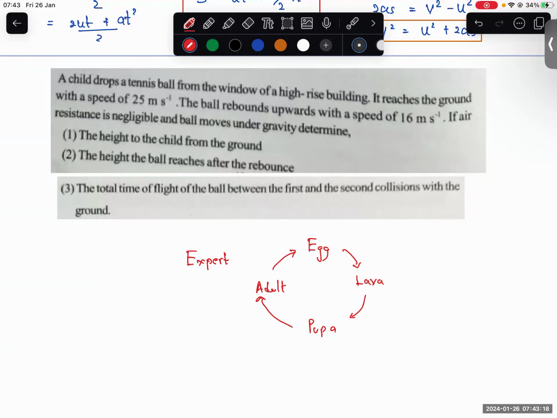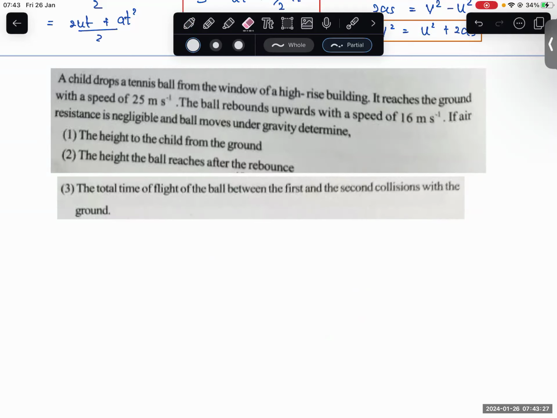And it lays eggs again. So if you want to become an expert, you have to go through a cycle like this. So now you say you are a dummy. Okay. Then